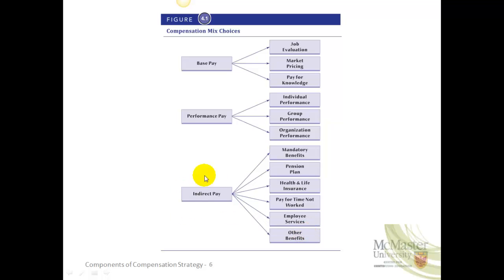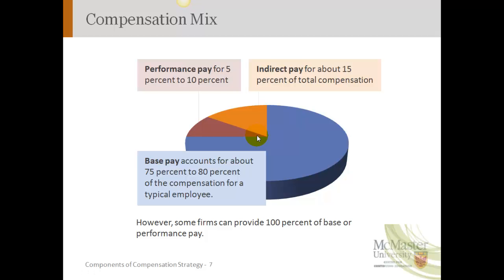But we look more at indirect pay as we get to the end of the course. And again, there is a specific chapter on performance pay as well. So we will talk about these in a lot more detail. Right now, we want to scratch the surface so you know the kinds of options you have within each one to compensate people, and some of the advantages and disadvantages. So now, if we look at our compensation mix, which incorporates base, indirect, and performance pay,